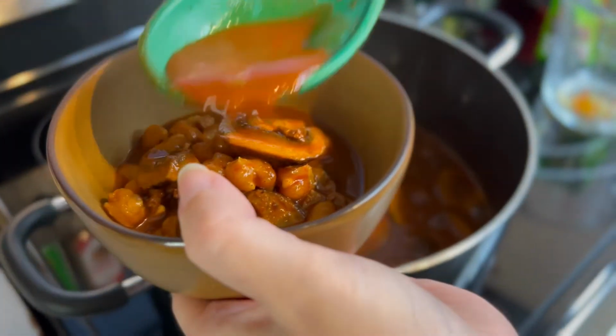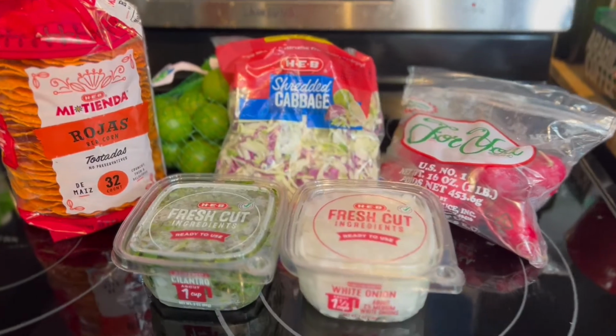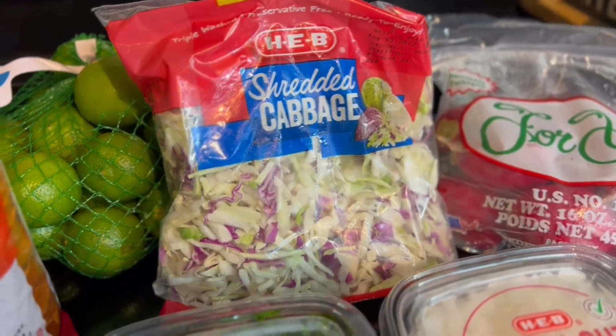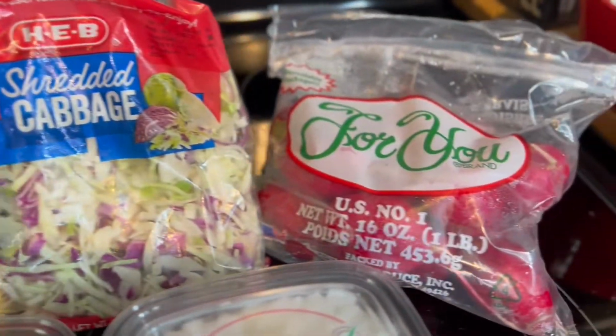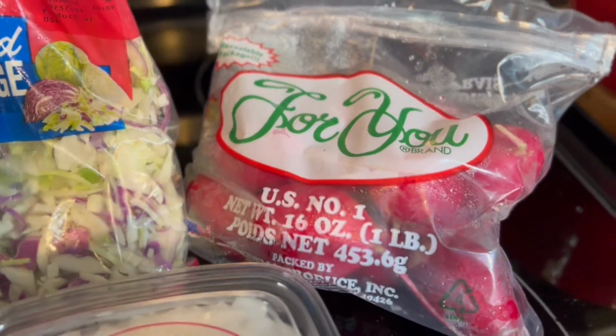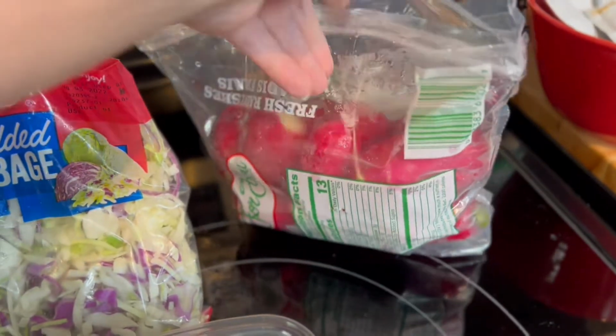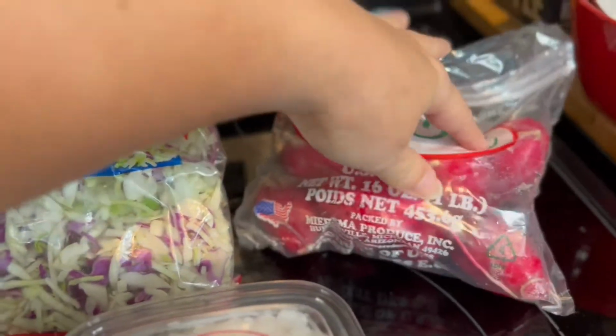So go ahead and serve yourself a bowl. If you're like me, put a lot of broth in there. And then this is what we're going to garnish with. We've got shredded cabbage, and of course you can shred your own cabbage if you want. And we have some radishes here. I couldn't find sliced ones, so I got whole radishes, and I'm going to slice them myself,